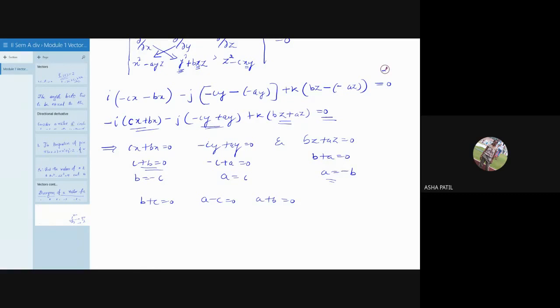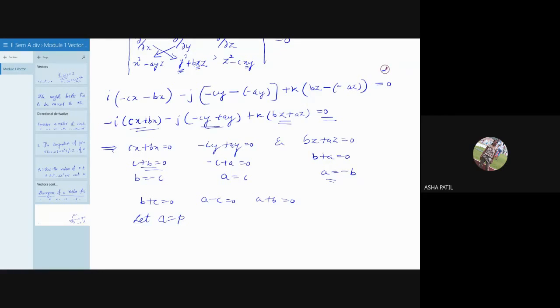That means what should be done? Assume the value of any one. Last time you have seen the system of equations, consistency, and all you checked there. So here you can't solve for the three because we are getting the same equation by taking and solving two equations. So let us assume the value of any one. Let a be equal to p. Don't get confused with k; it is not the k vector. Let the value of a be p.